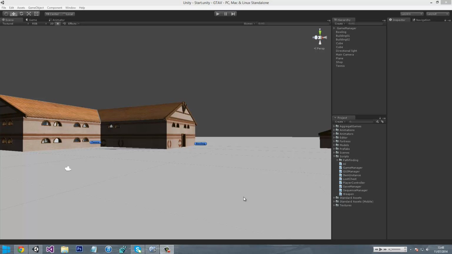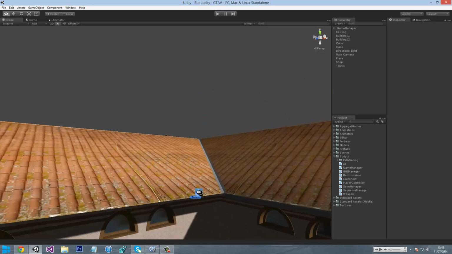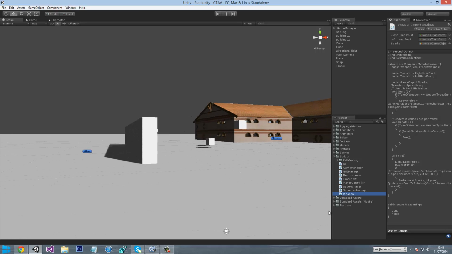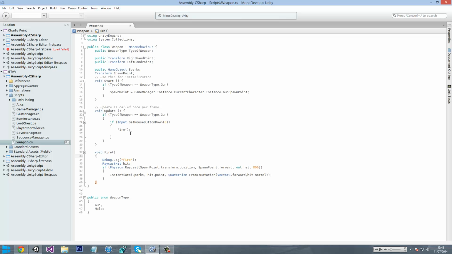Hello and welcome to episode 15 on how to make a GTA 5 style game in Unity 3D. Today we're going to be doing things like basic combat, so hitting people around the face, all that good stuff, and then I guess we'll do health at some point as well. So for now, just open up the weapon scripts, which I've already done, which is good, and we want to